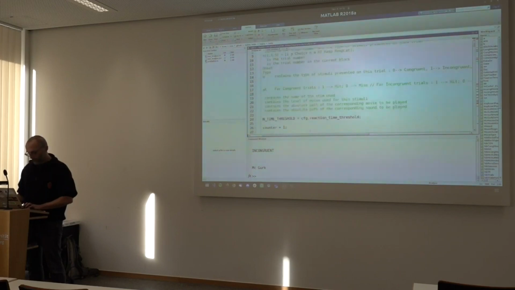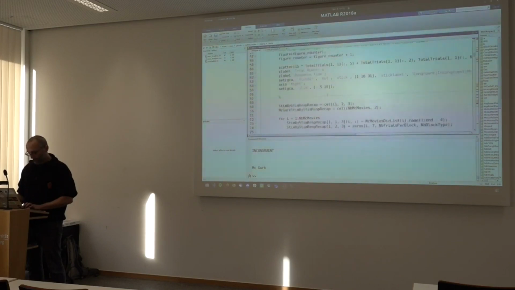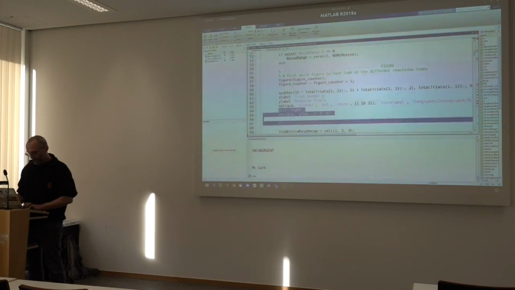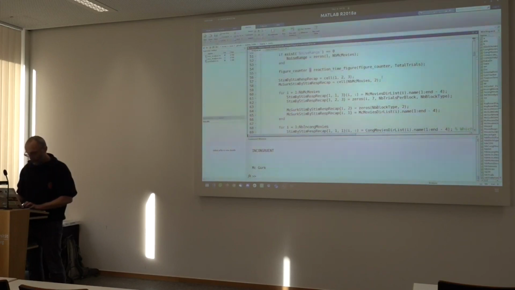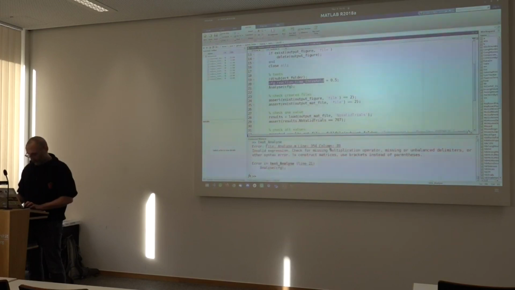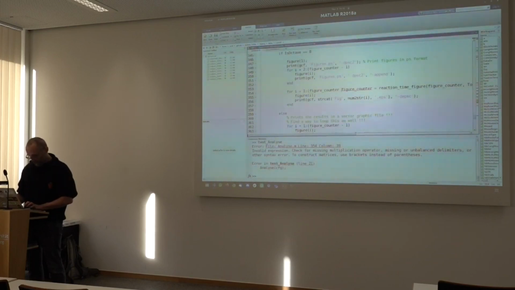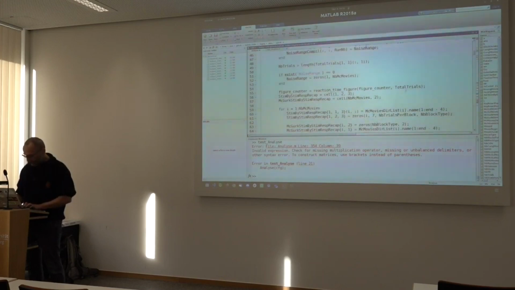Okay, and now we've also removed some code that was a bit superfluous. Cool, does it still run? Of course it doesn't, because I'm missing, what am I missing? Invalid expression, missing multiplication operator. Why am I copying and pasting things in the middle of nowhere?